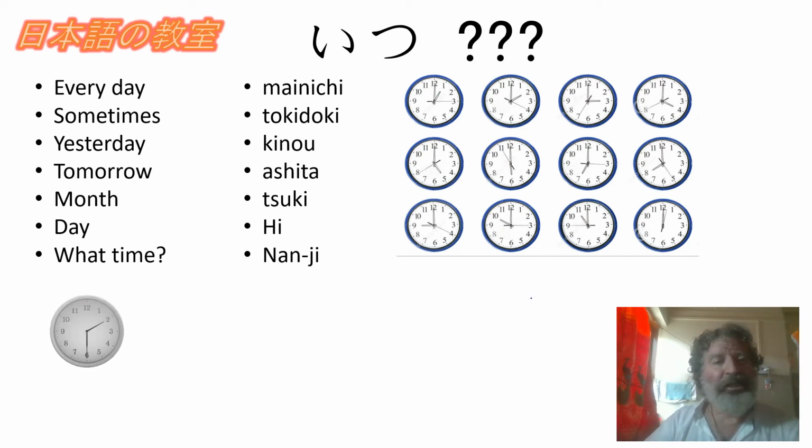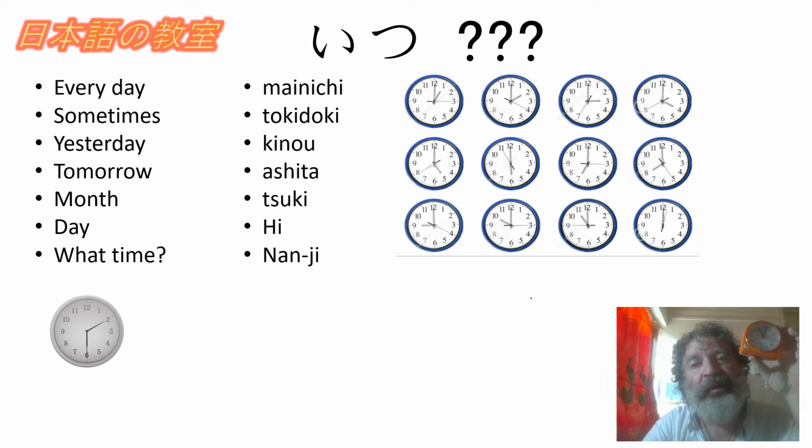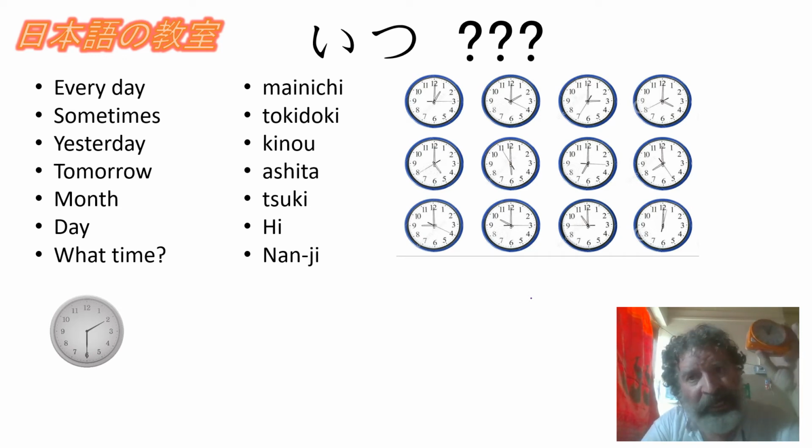Sometimes it's 2:30. So 2 o'clock is 2時, and you could say 30分. So the measure for hours is ji. And ji comes from the word jikan. Jikan is the word for hour. But when it's used for telling time, it's just ji all alone without the kan on it. 1時、2時、3時、3時30分. So the word for minute is fun.